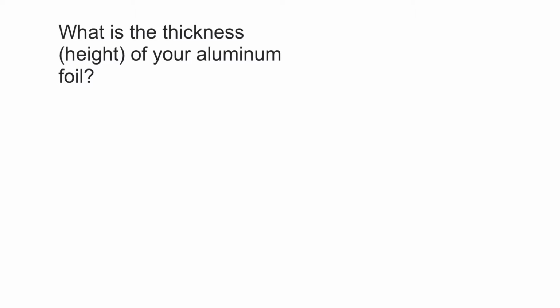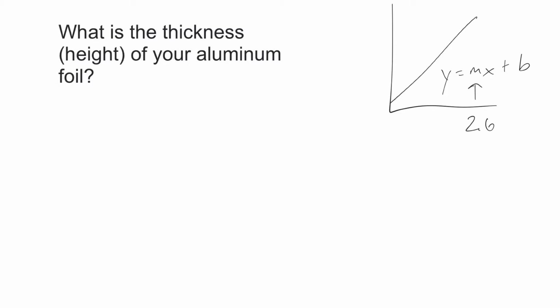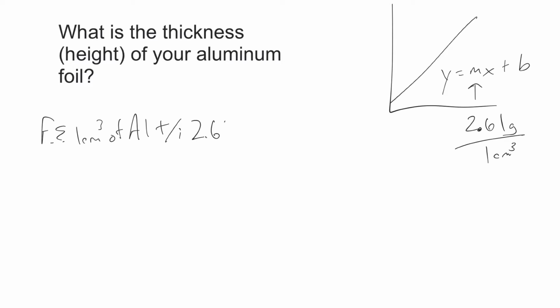Okay, for tonight's homework, it says, what is the thickness or height of your aluminum foil? And from your graph that we got in class, for your y equals mx plus b, you should have gotten that m was around 2.61 grams per centimeter cubed. So that tells me that for every 1 centimeter cubed of aluminum, there are 2.61 grams